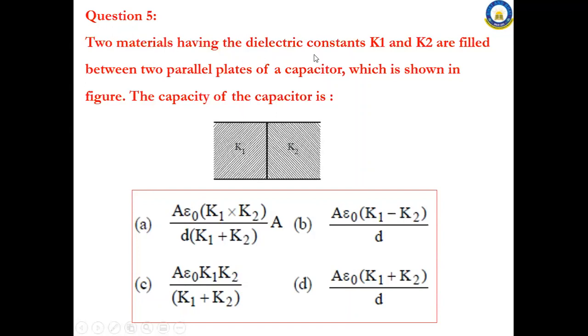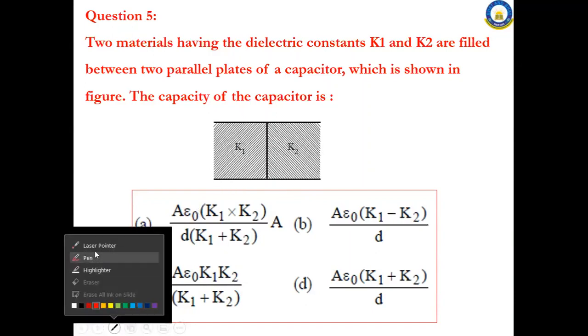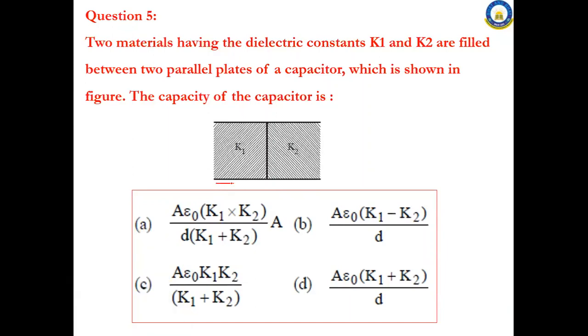See, these are the plates of the capacitor, this one and this one. So this is one plate and this is the other plate of the capacitor. And here the dielectric medium is filled in this way. That means this will be one capacitor and this will be the other capacitor. So I'll move on to the next slide. You see the options here. See the solutions.